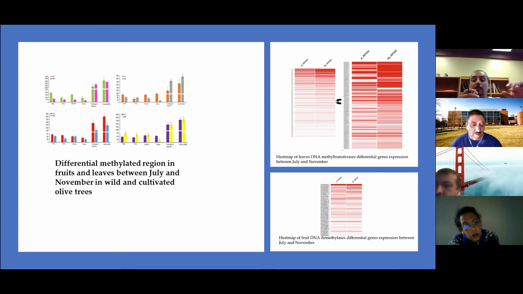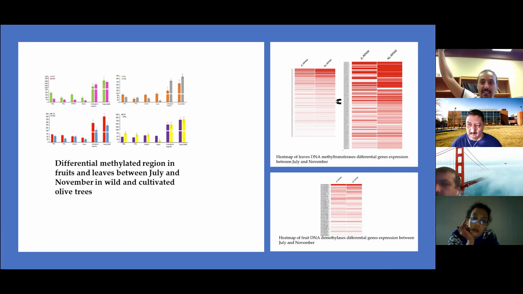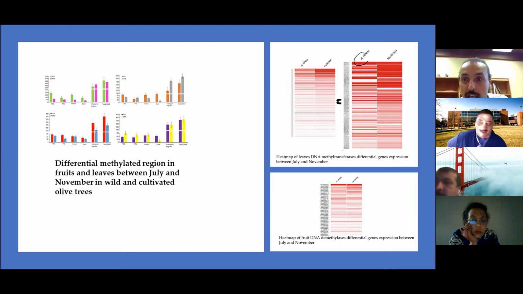But we observed a different trend in the leaves. So in the fruit, for maturation, the methylation will drop, but it will go up in the leaves. If you ask yourself why, because we compared here again the methyltransferases in the leaves between July and November, and we see